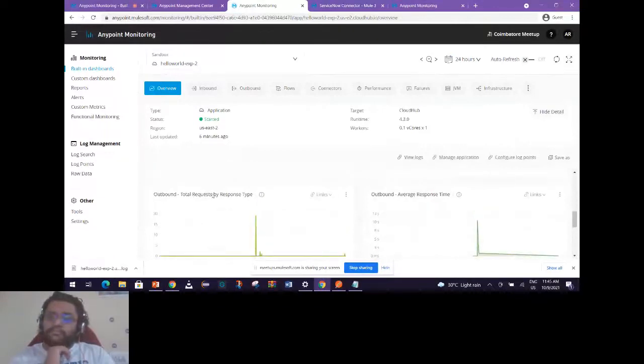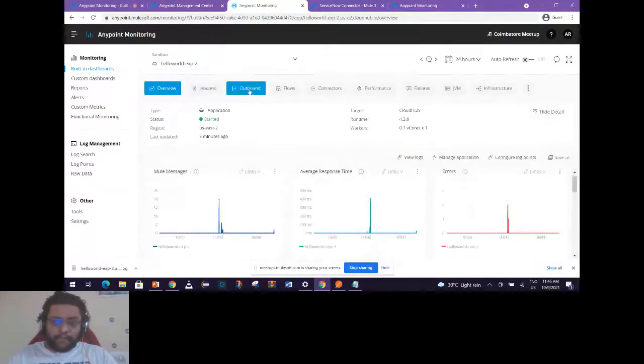Now this is a section for outbound. Again, there are only two metrics given for outbound. If you want further metrics, you can go to each of the tabs and see. For outbound, there is the total requests by response type. Again, this is the same: the total number of requests received, grouped by the response, 200 OK or a failed response. Then the average response time, again for all the outbound requests that have gone from our API to an external API. These are the JVM related metrics like the CPU utilization, the heap memory which is used, and the thread count. So this is an overview, or a high level.